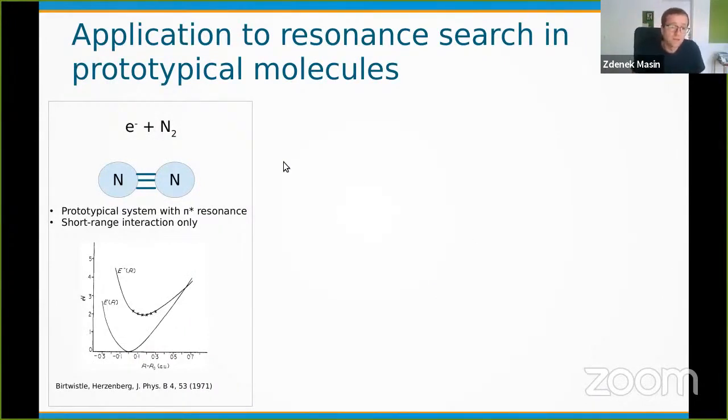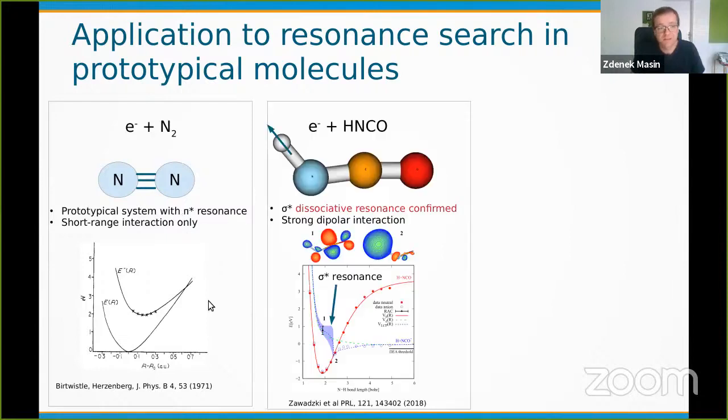So I will describe calculations for 3 molecules, which will then lead onto the problem that I described at the beginning. So first we will look at what the resonances look like in the simplest system, which is nitrogen molecule. Well, in a simple system such as nitrogen molecule, which has only short range interaction and contains a well-known pi star resonance. Then we will move on to collisions with HCO,